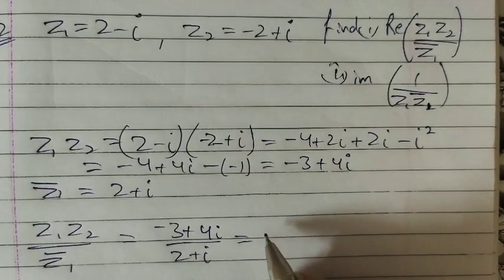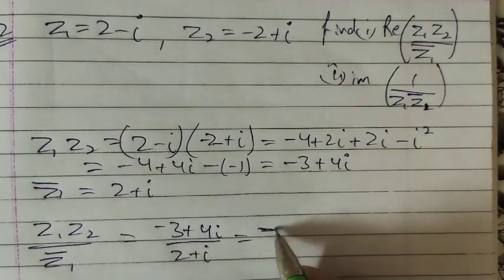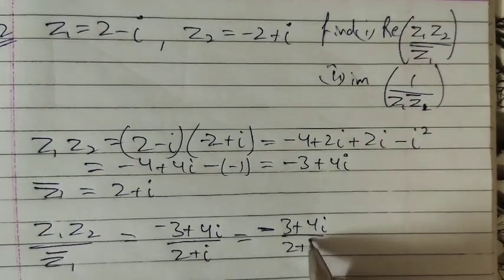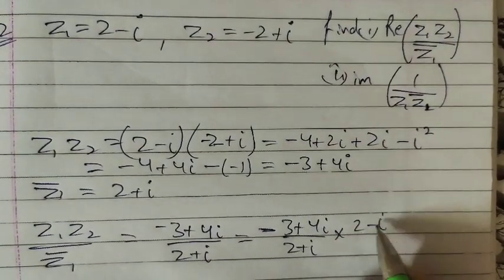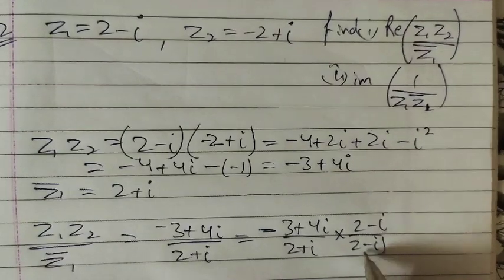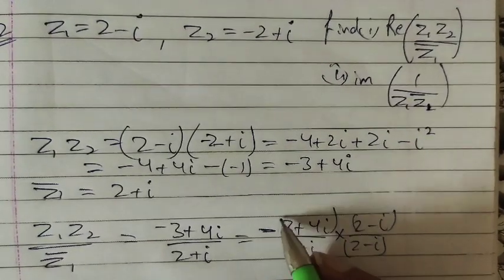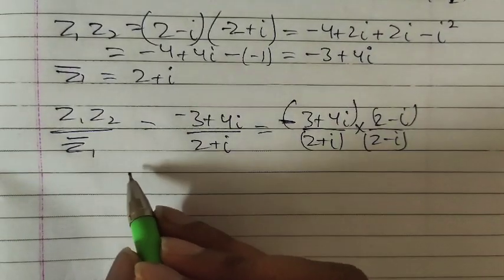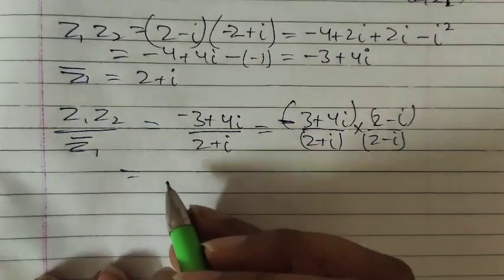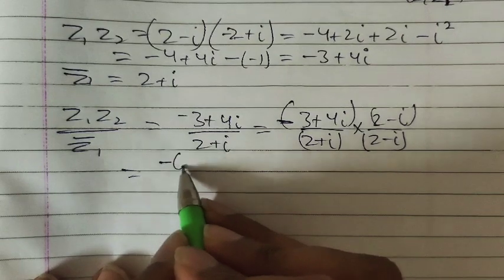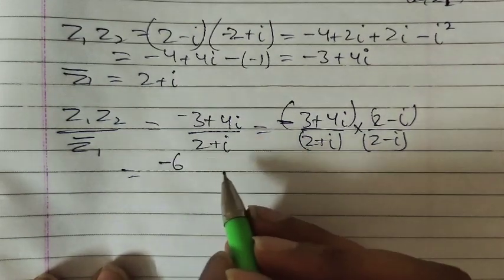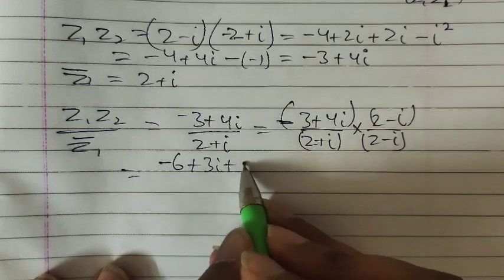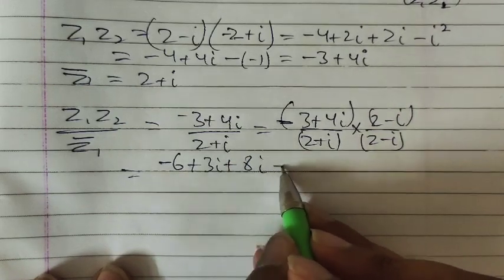On rationalization this will be equal to minus 3 plus 4 iota divided by 2 plus iota, multiplied by 2 minus iota upon 2 minus iota, right? So that is equal to minus 3 multiplied by 2 is minus 6, minus 3 multiplied by minus iota is plus 3 iota,